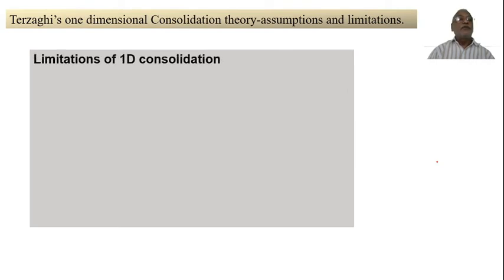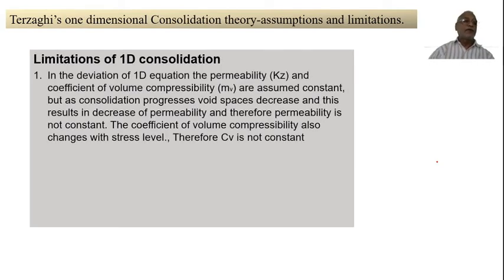Okay, now limitations. What are the limitations? There are 3 of them. In the derivation of the one-dimensional equation, this is derivation, it should not be deviation. Permeability K in the z direction, in vertical direction, Kz, and the coefficient of volume compressibility Mv are assumed to be constant,